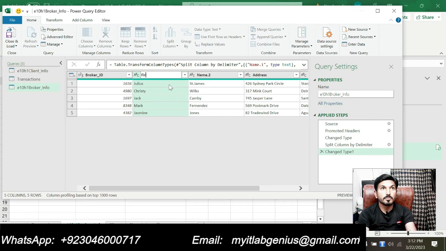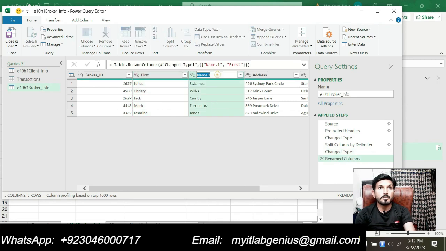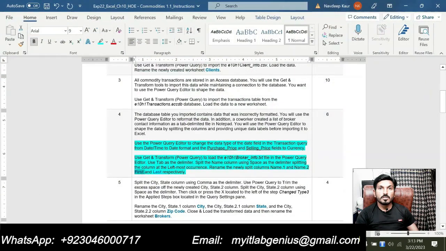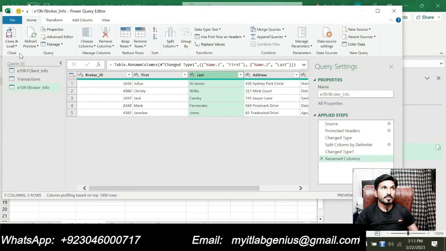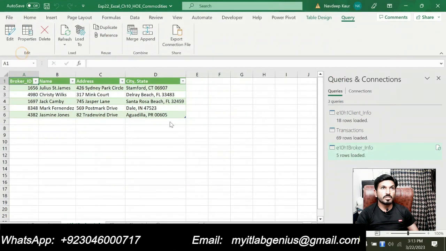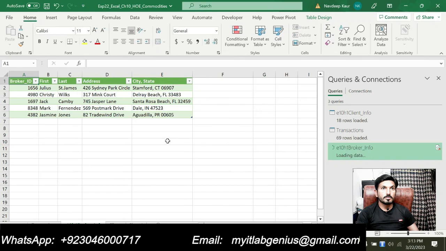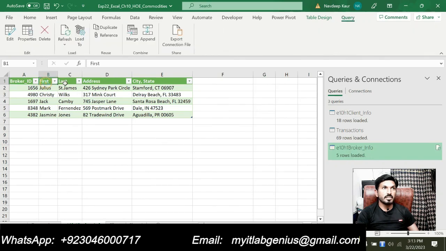First. And rename this as the last. That is all about this one, and now we will load and close it. So close and load. So you can see that we have first and last column here because we split the name column into two